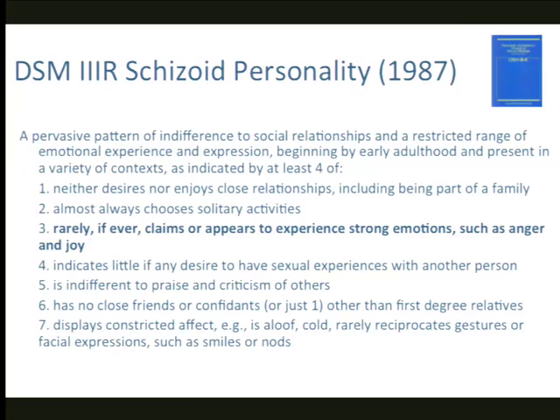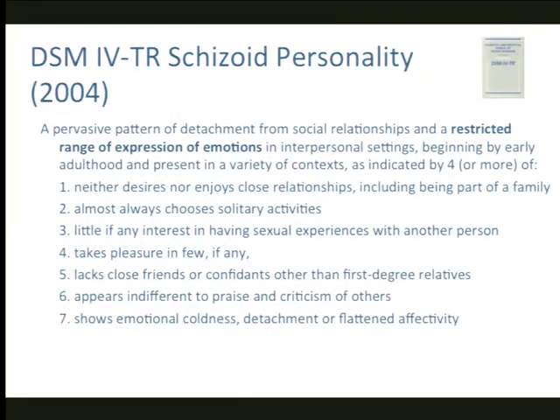So still somebody who doesn't want to be in close relationship, wants to be alone. And now there is indifference still to the praise or criticism of others, no close friends. And the kind of emotional coldness attachment's kind of there, displays constricted affect, but it's not quite the same. I'm going to jump ahead. So DSM-4 came out in 1994, and then the text revision in 2000, actually, not 2004. Here are the symptoms again. I'm not going to ask you to tell me, it's not important for you to understand the differences between